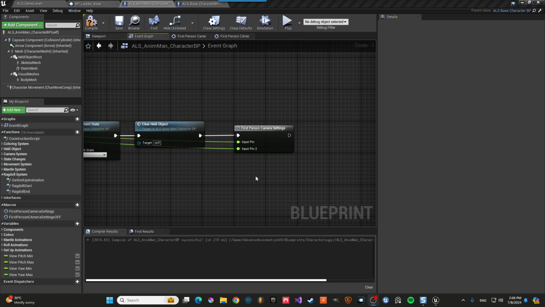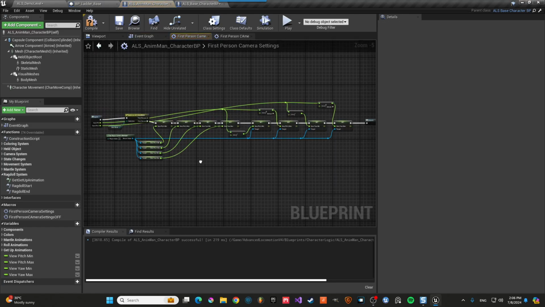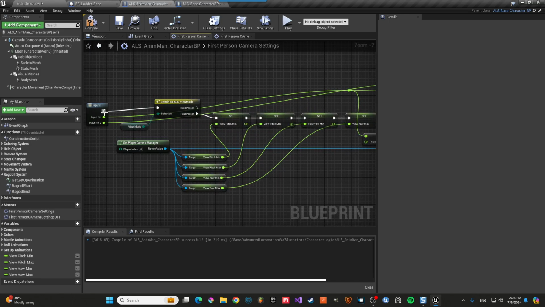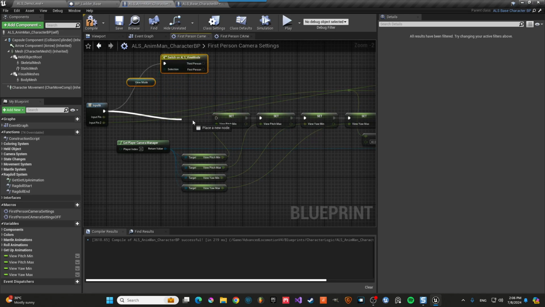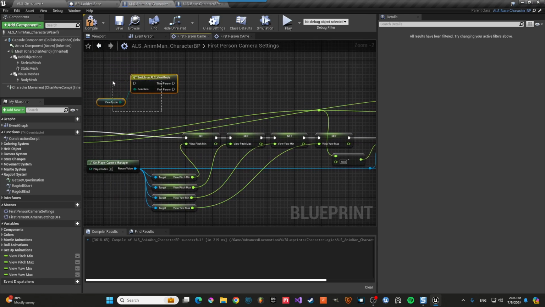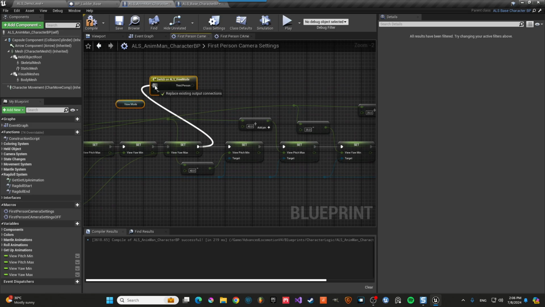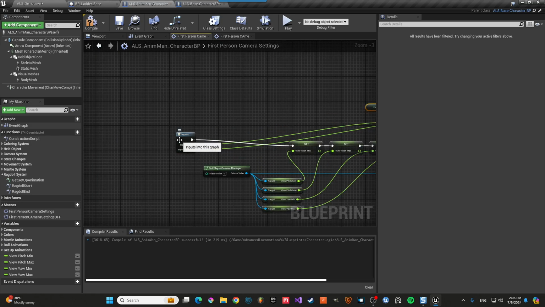And one thing I want to correct, so in our first person camera settings where we set all this stuff, I made a mistake here, so we need to actually move this. So first we want to cache in all of these, so regardless of being first or third person, we need to cache them first, and then after, only if we are in third person do we want to do this. So just sort of slide this along a little bit,